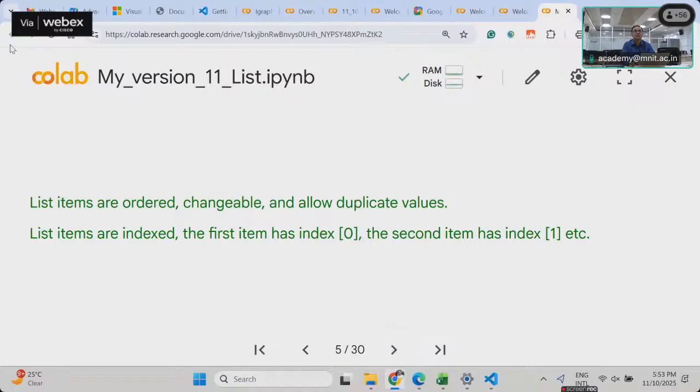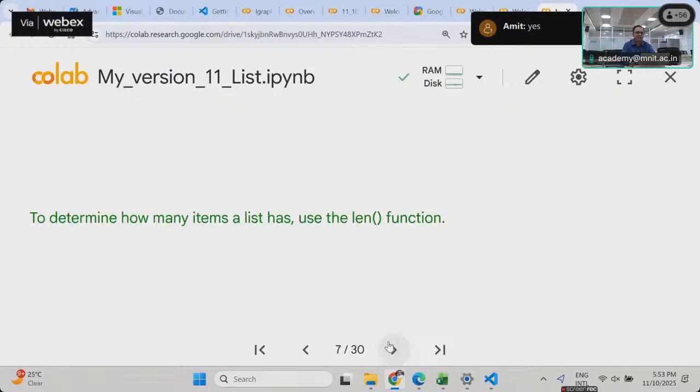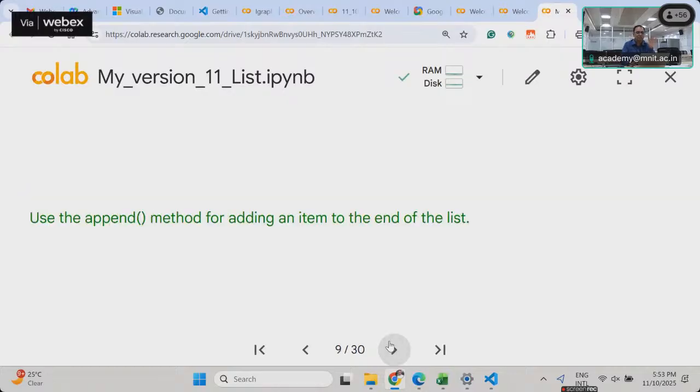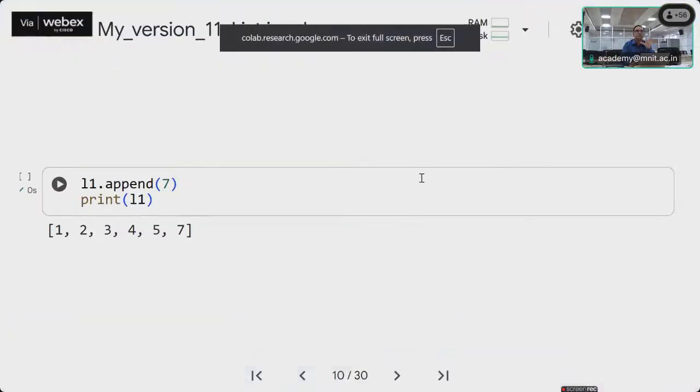Yes, okay, thank you. So as you can see, if I click on next button, then it will go ahead, right? So that's the advantage. As a teacher, you should know this functionality of Google Colab, that you can just click on, then you can ensure that your students focus on cells only, right? And of course, you can go ahead and try with this full screen mode, then it will look even more